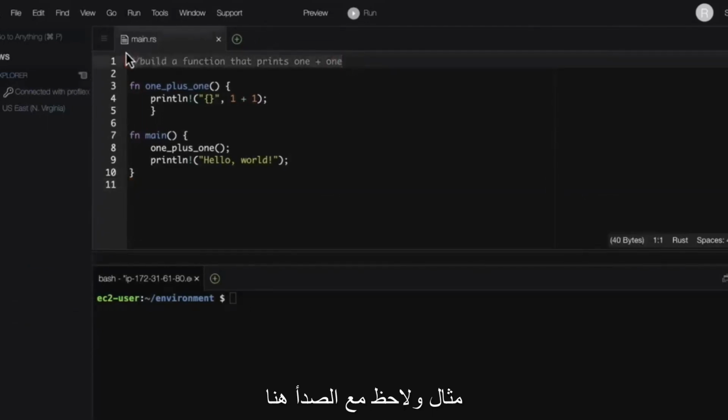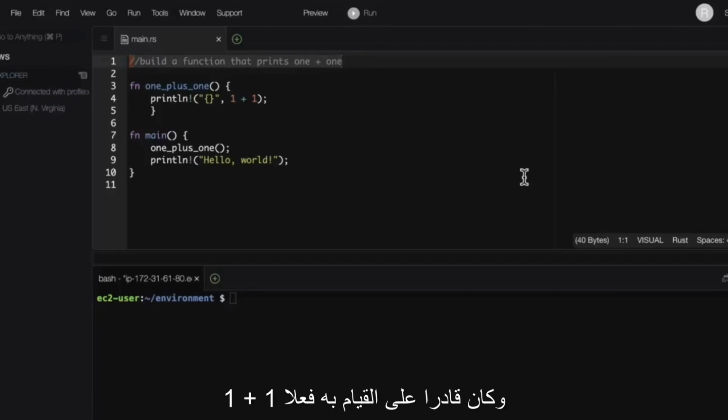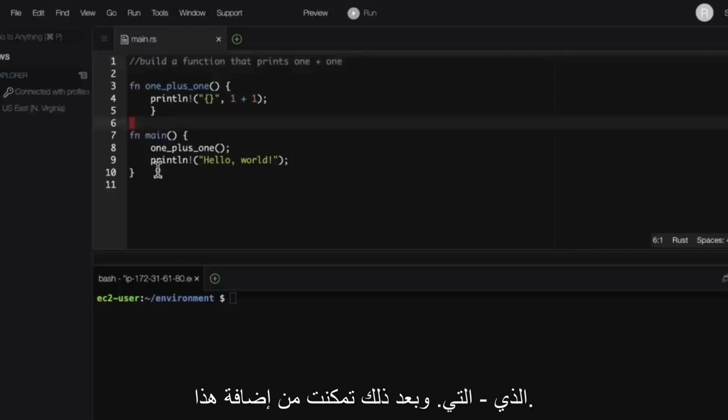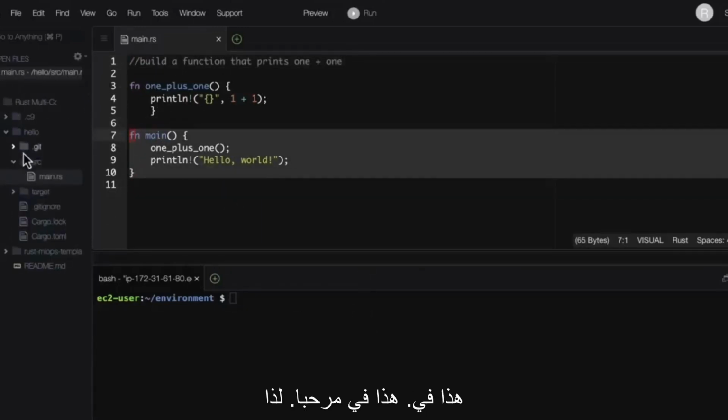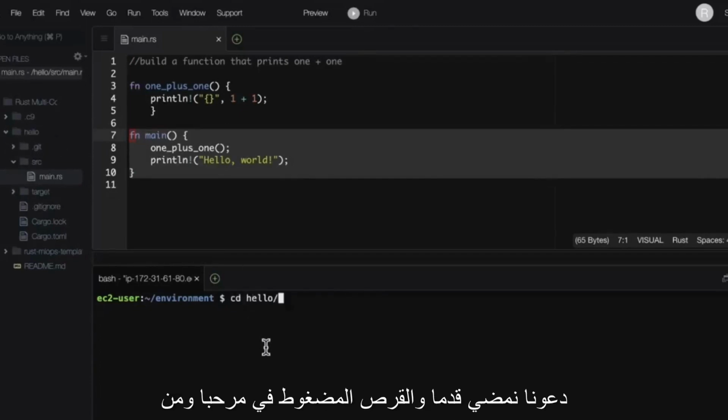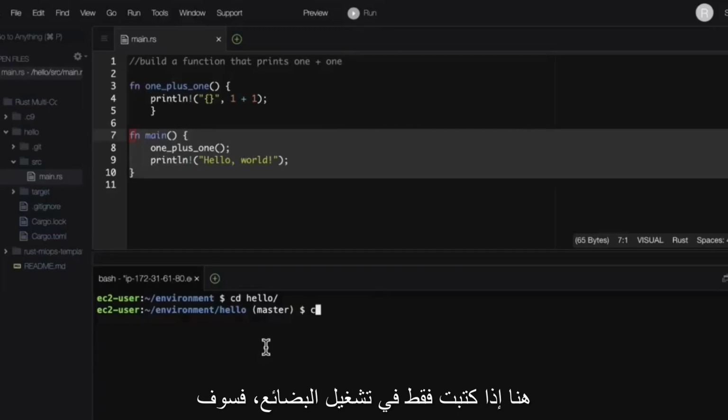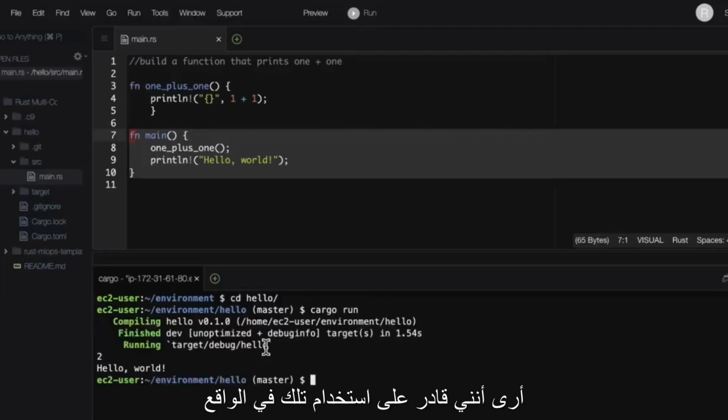And notice with Rust here, I can actually put a comment. In this case, I said, build a function that prints 1 plus 1. And it was able to actually do that. And then I was able to add this in. So let's go ahead and find out where that's at. This is in hello. So let's go ahead and cd into hello. And from here, if I just type in cargo run, you'll see that I'm able to actually use those suggestions